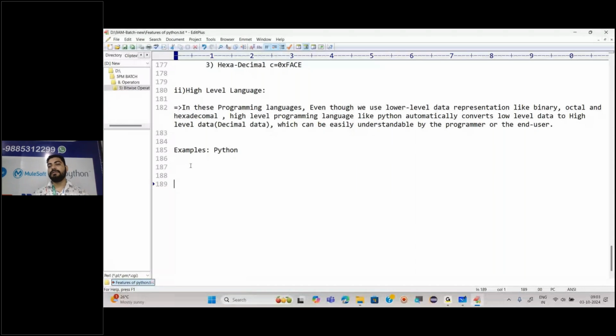Once the source code is converted into bytecode, then it comes to what? PVM, Python virtual machine. Already we have seen. Then what does Python virtual machine do? It converts bytecode into machine understandable code, line by line. Okay, that too line by line. Line by line means